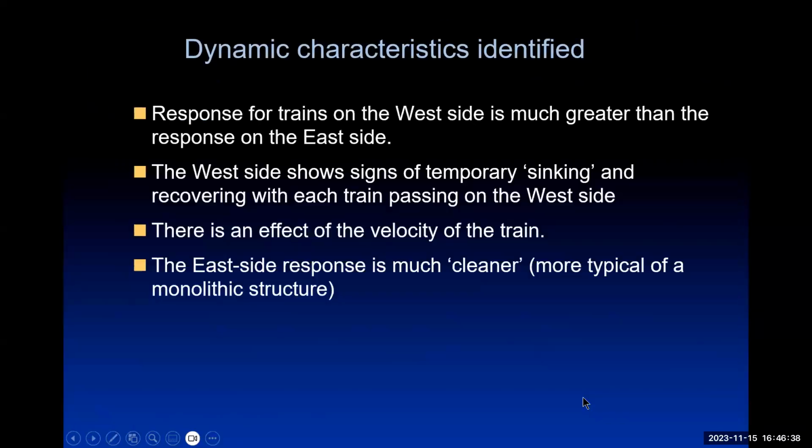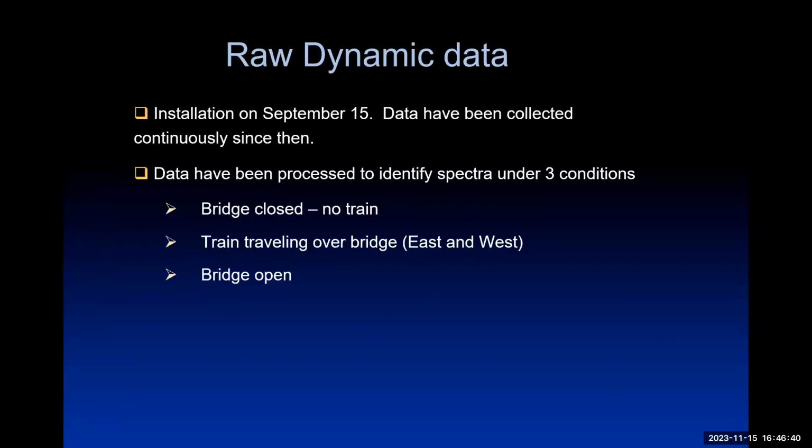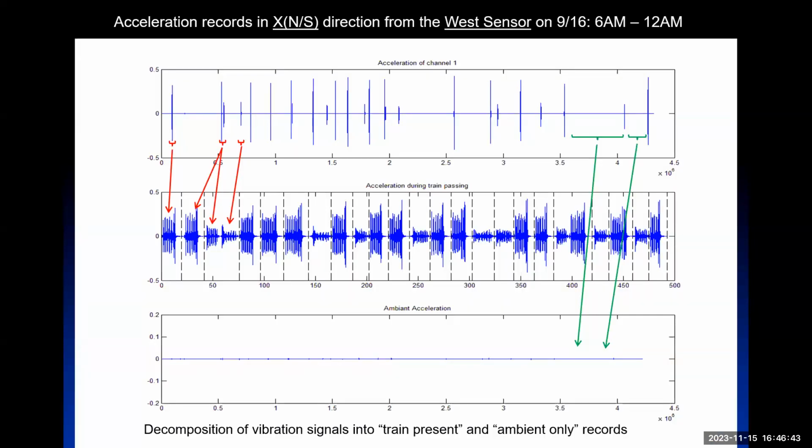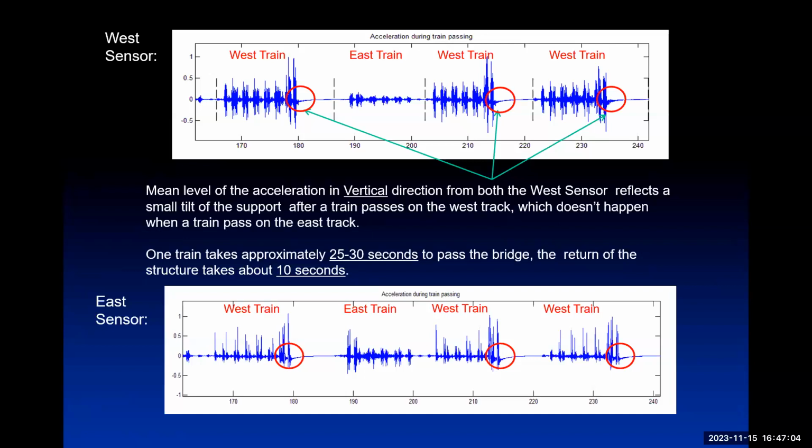Well, yes, it did. We were monitoring what was going on and were able to tell them very quickly that there was a trend in the characteristics. So we took out both times when a train was on the bridge and when it was not. And by taking that, then what we had was two different situations, and we're able to look at this. What we found was that acceleration in the vertical direction,